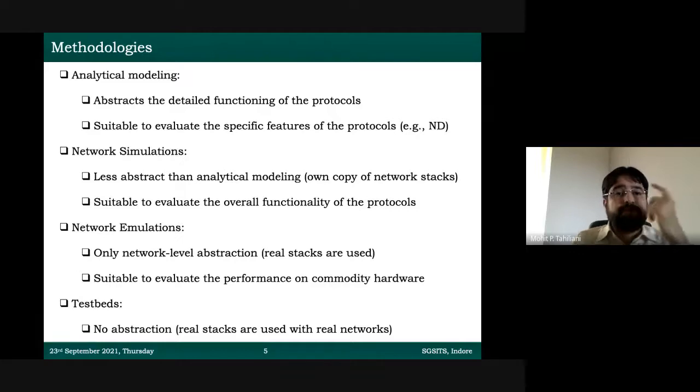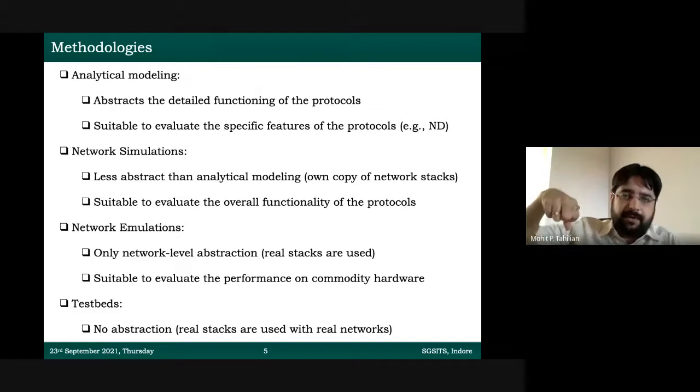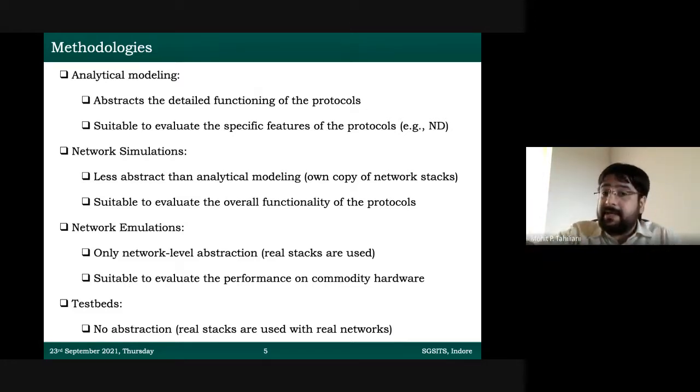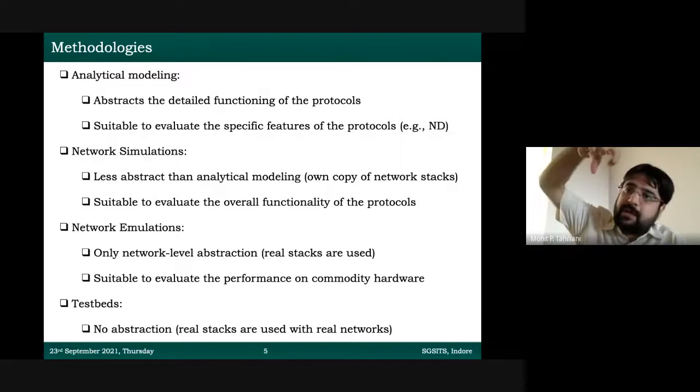Number 1, use mathematical modeling, analytical modeling. You perform mathematical modeling using stochastic differential equations, or you do any other fluid modeling work. You use MATLAB, put your code there, and then start running experiments, and you model the network that you are trying to work with. So, what are the beautiful parts of analytical modeling? The most important part of analytical modeling is that it abstracts the details of the protocols. That means you don't study the protocol in absolute detail, you just work on an abstract level and see on a high level how the protocol is working.